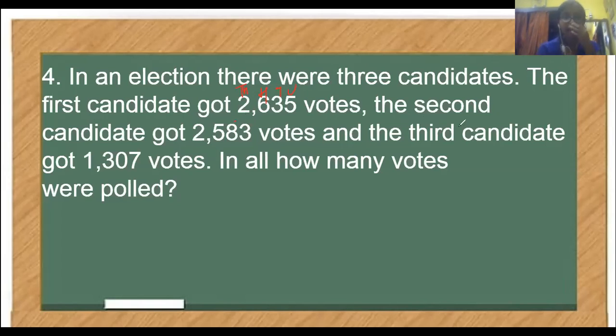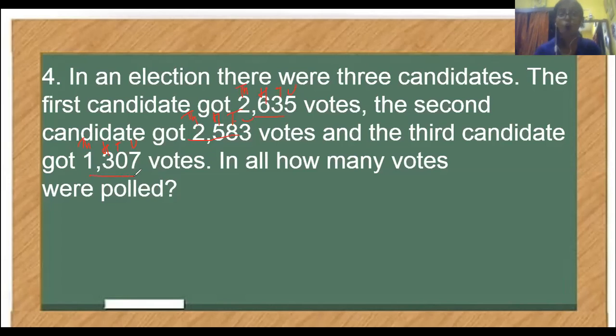The second candidate got units, tens, hundreds and thousand. The second candidate got 2,583 votes, and the third candidate got units, tens, hundreds and thousand. 1,307 votes. पहले कैंडिडेट को इतना वोट्स मिला, सेकंड कैंडिडेट को इतना वोट्स मिला, and third candidate got this many